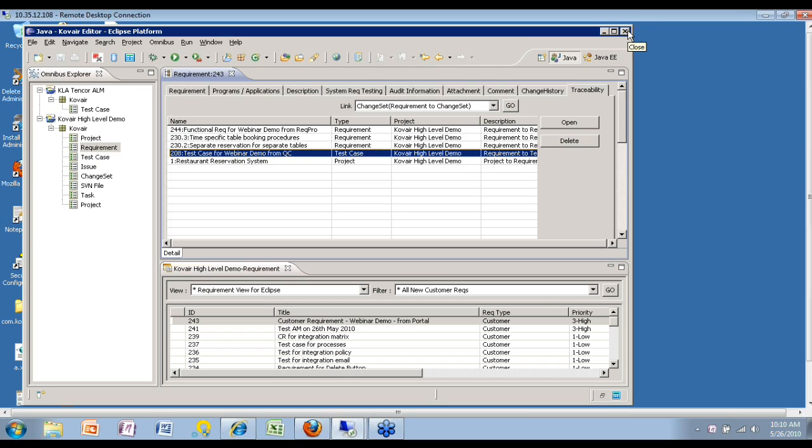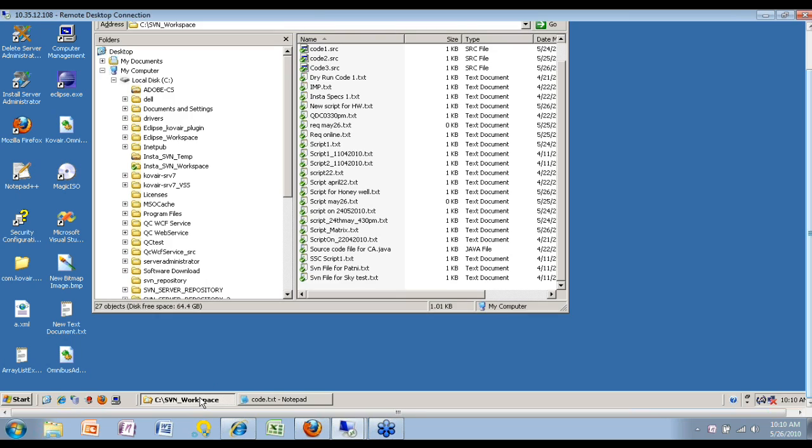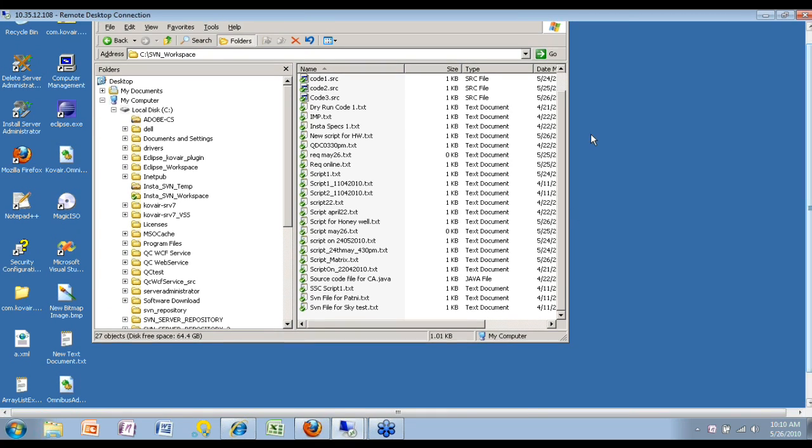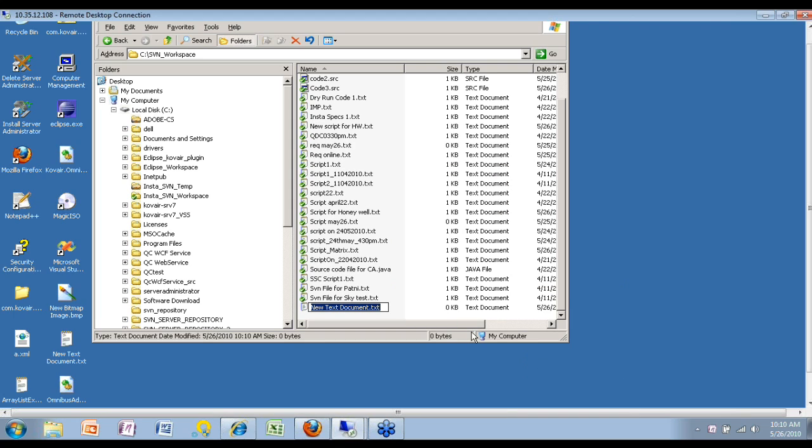So now Dave is done with his part of exploring the requirement. Now he basically wants to go implement this requirement. Dave is using SVN, Tortoise SVN, for his source control system. So let's say he wants to write the code for this particular requirement, and he creates a new source code file, let's say webinardemo1.src,